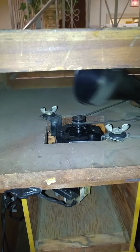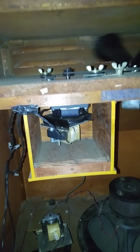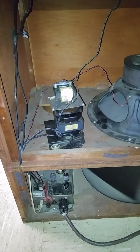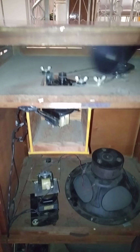Look how clean those motors are. Look at that. Slow and fast. Cleaned and lubricated. Taken all apart. Our bottom rotors. Slow and fast. Cleaned and lubricated. All right. I want to point out also,